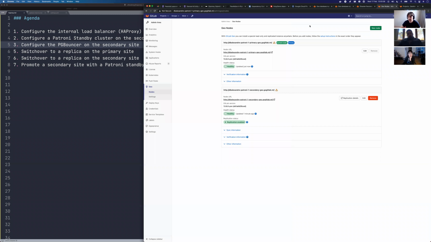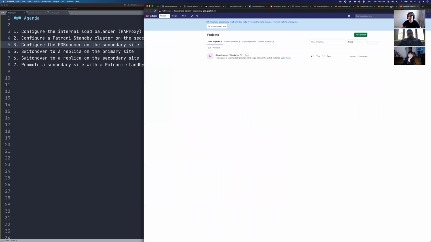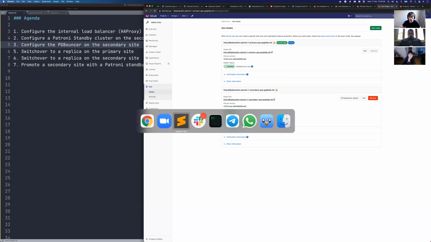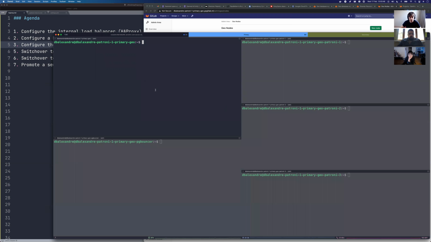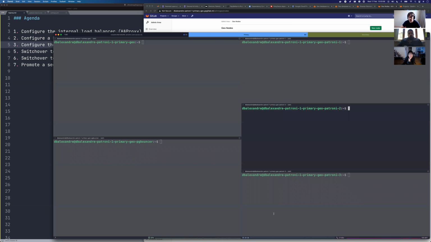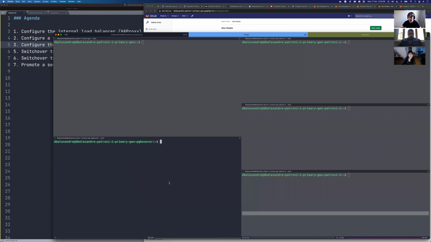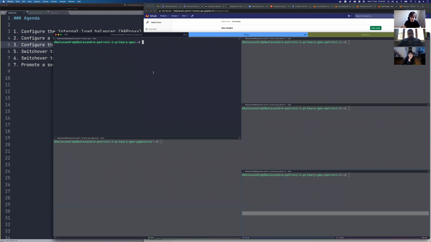So what I have here is a primary node and a secondary node already running. On the primary, we have one application node that also is running a Patroni service as well. We have three more Patroni instances here and one PgBouncer instance. On the primary node, everything is running and set up. As you can see here,